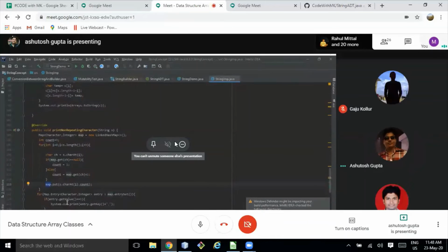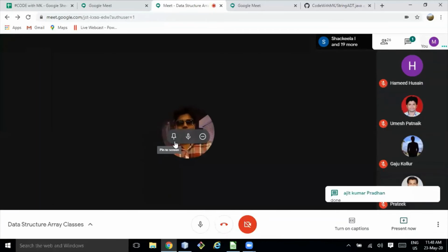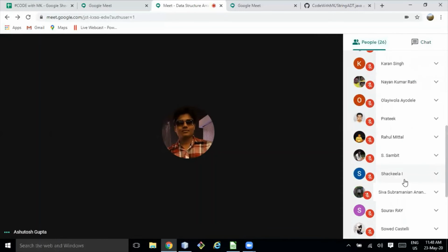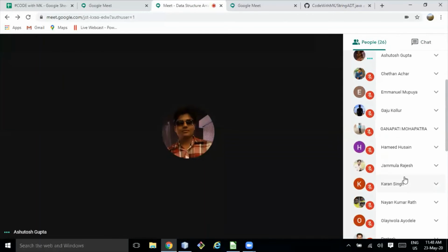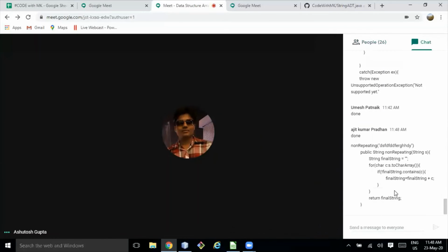Okay, so I don't want to go with this approach for now. Many people are not handy with hash map and map. So maybe other people who have approached with arrays only. Anyone who has approached with array? So Ajit, I can see one new name who has implemented. Please go ahead. You can share your screen, Ajit.